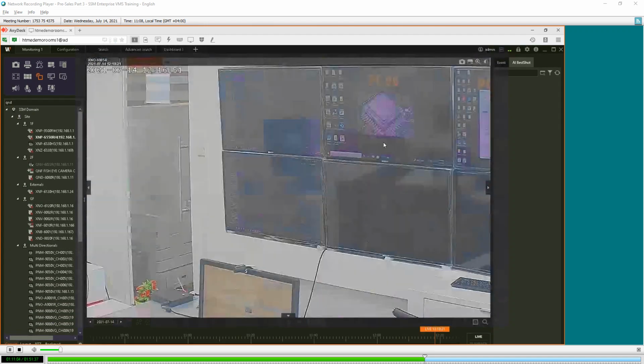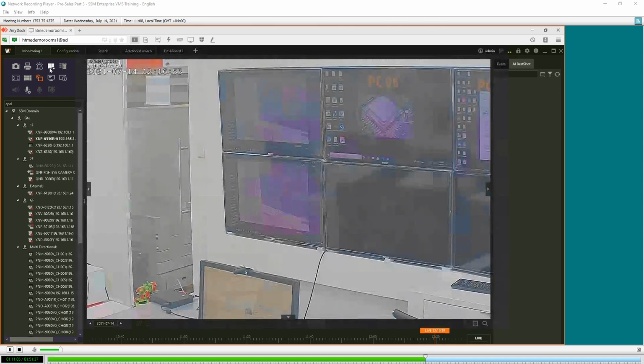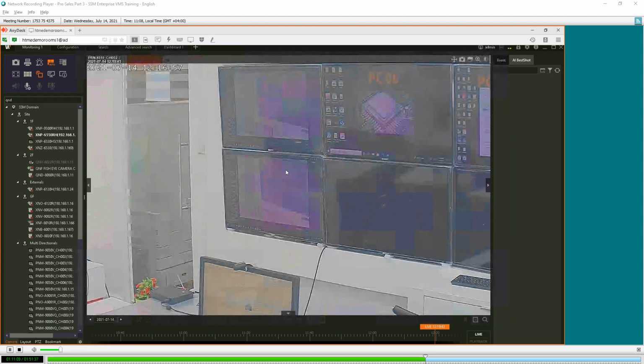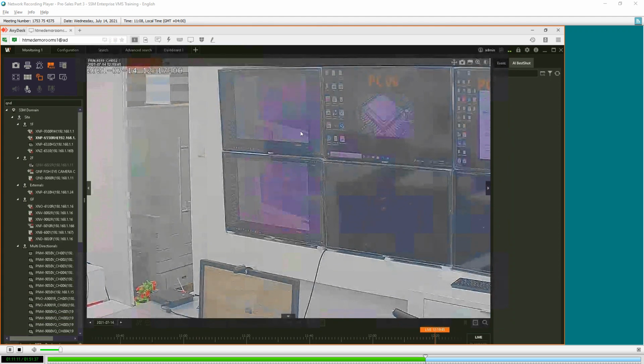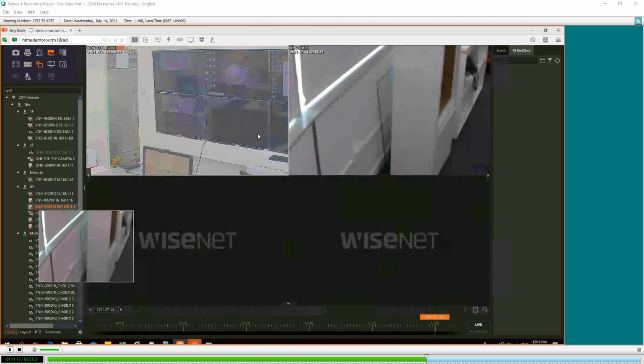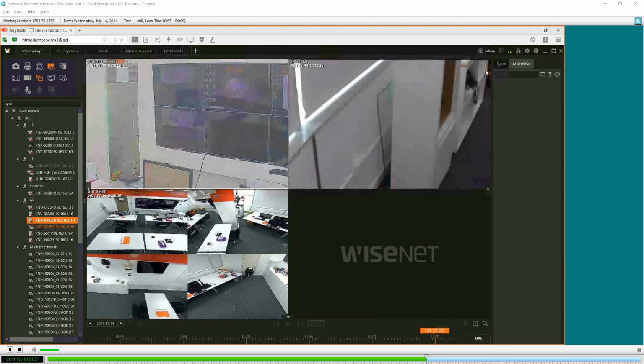It will keep changing, or you can put auto. Depending on the number of cameras, it will automatically take more layouts. So this is the event monitor.